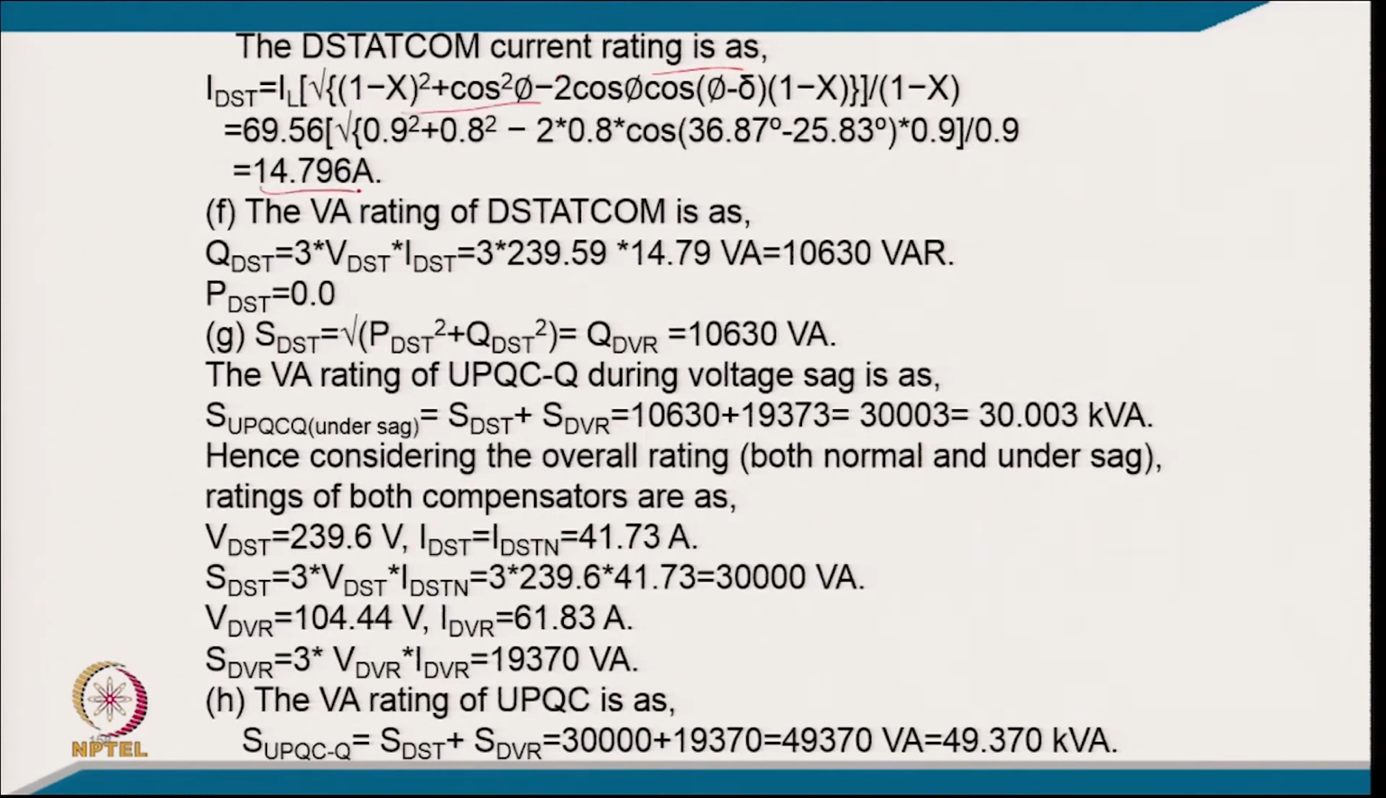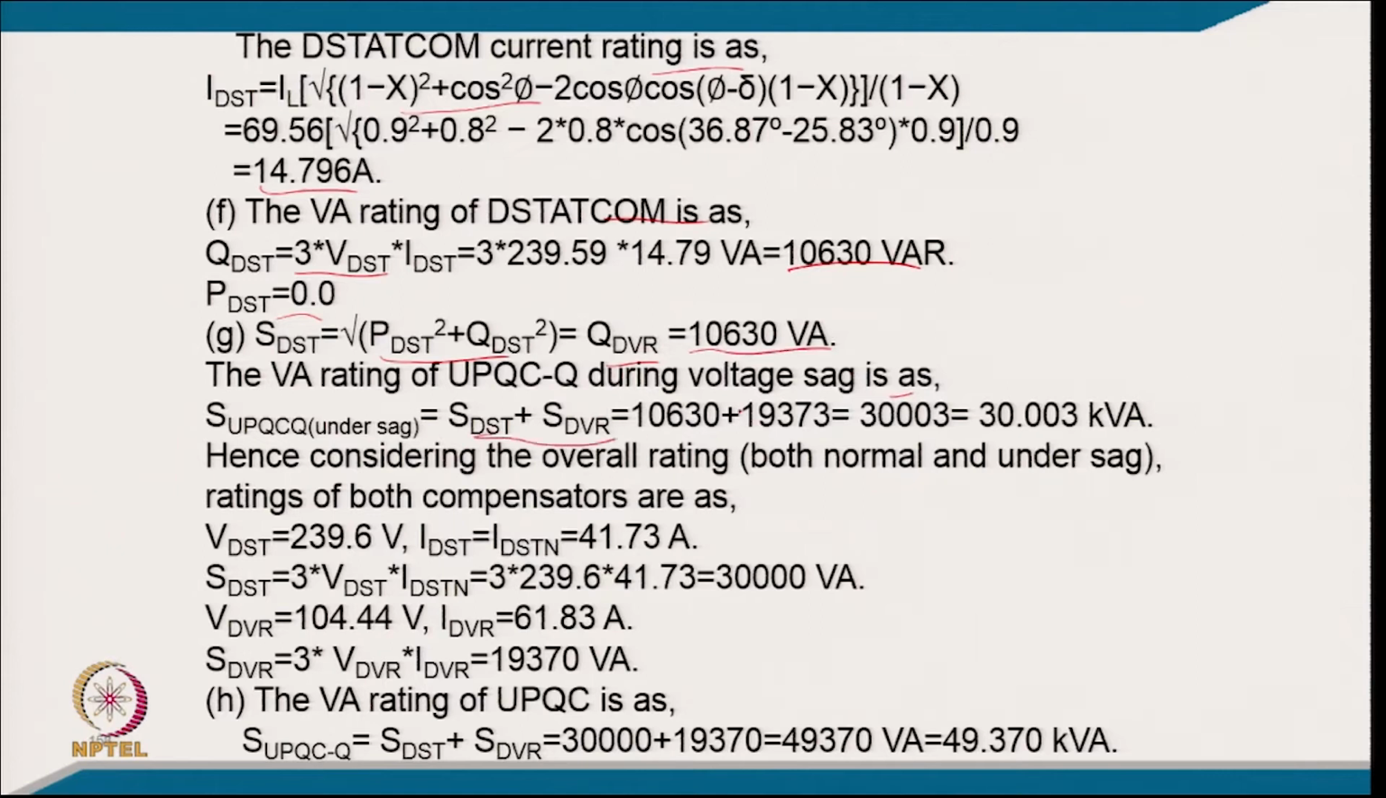So, it comes to 14.796 ampere, and the VA rating of the D-STATCOM from this relation comes to be 10.63 kVA. The active power is 0 because the DVR is not asking for any power, as it is a UPQC. The VA rating of the D-STATCOM is the same as the Q rating, so you can call it 10.63 kVA, and the voltage rating of the UPQC during the voltage sag